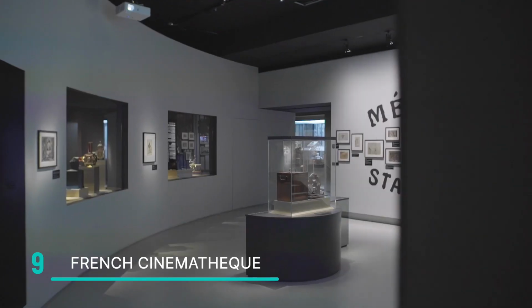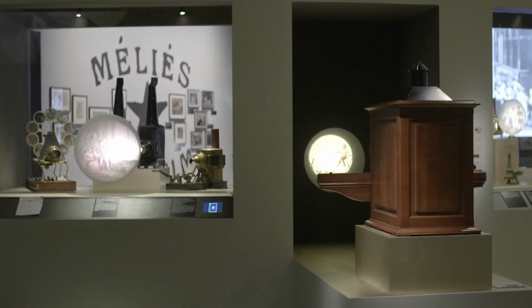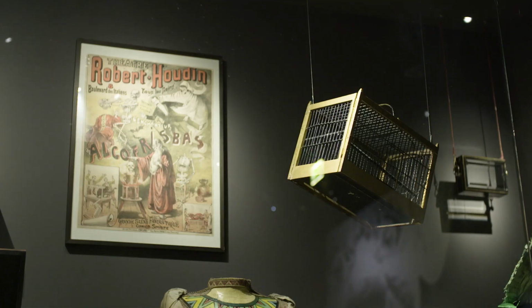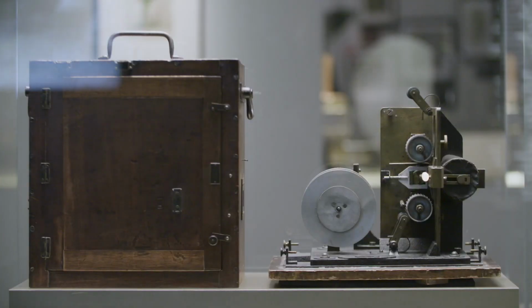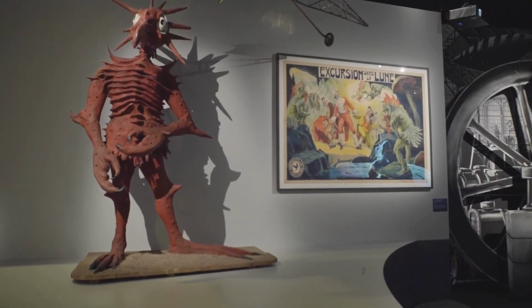Our next stop is a haven for movie lovers, the French Cinematheque. Located in the modernist building designed by Frank Gehry in the Parc de Bercy, this cinema museum is dedicated to the history and art of film. The museum's collection includes an extensive array of film memorabilia, from vintage cameras, lanterns, and projectors to costumes and props